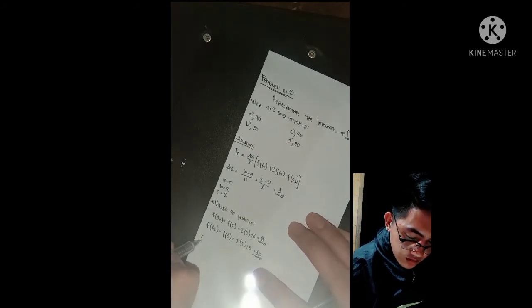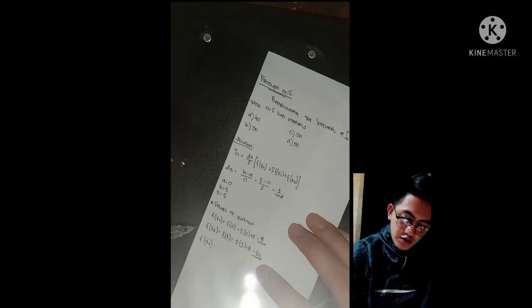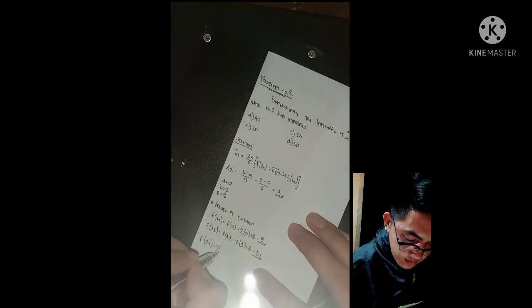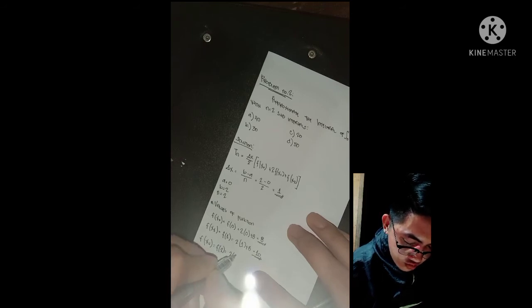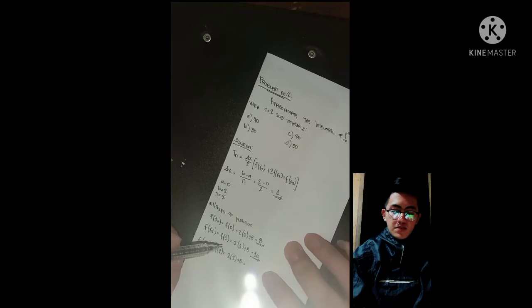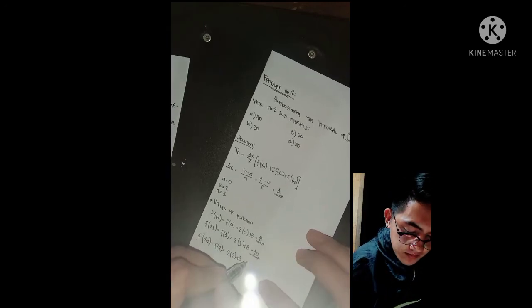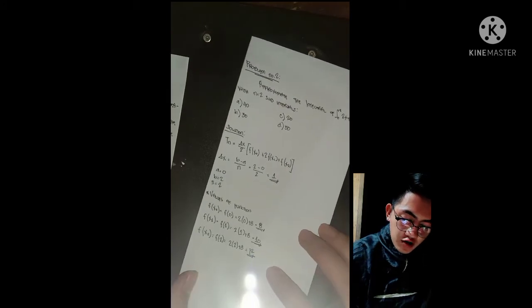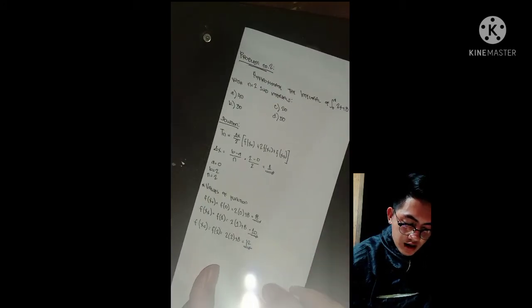Next, in function 2, since our interval is 1, 1 plus 1 is equal to 2. f sub 2 is 2 times 2 plus 8. So 2 times 2 is equal to 4, plus 8 is equal to 12. Since we have found the values of the functions, let's proceed to the